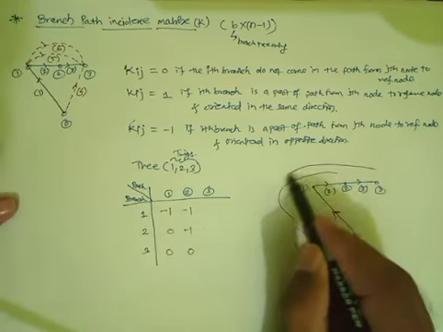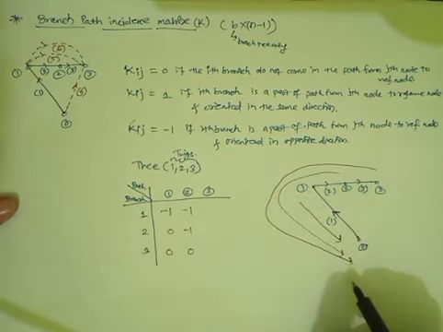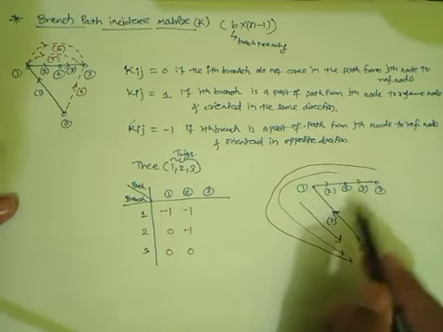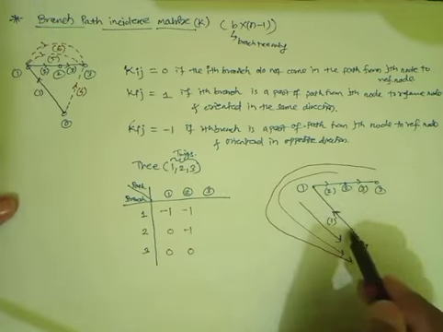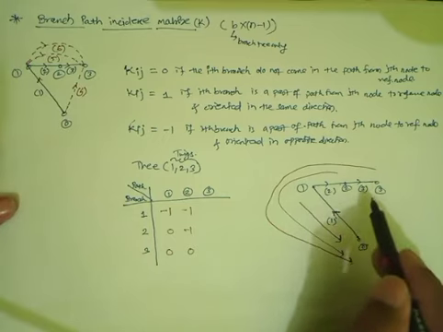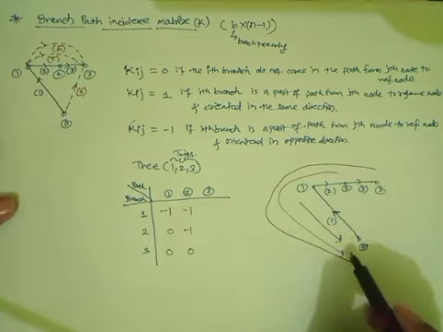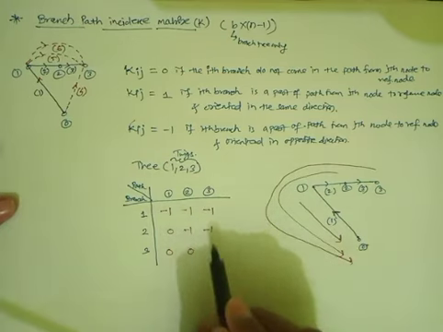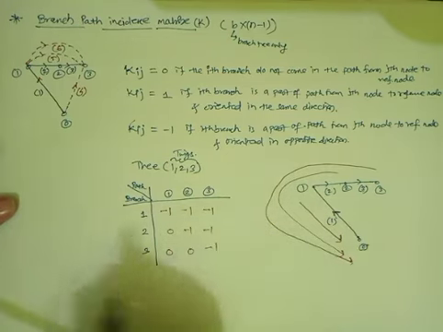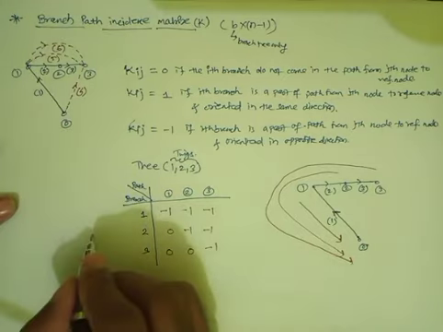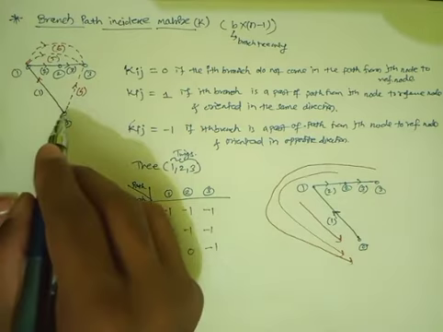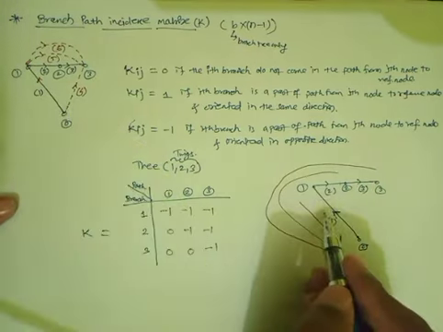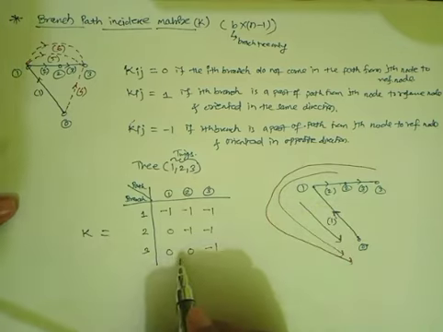The third path will be from node number 3 to the reference node. All 3 branches, 1, 2 and 3, are coming in this path, and all are in the opposite direction, because by default the branch direction is clockwise and the direction of the path is anti-clockwise here, so it will be -1, -1, -1. So this is the branch path incidence matrix K, for a given network and a given tree. We have to consider any one tree for the formation of these matrices.